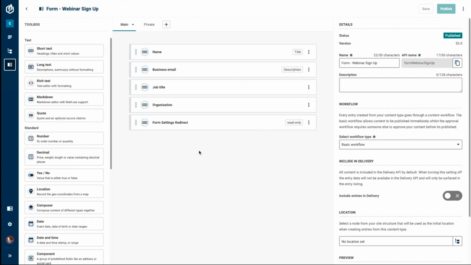So at the moment, these form content types are built as standard content types. We are working on a separate form builder screen, which will look very similar to this. It will just have slightly different options and fields. And some of that work has already started, in the sense that we've split out the text field now into short and long text, and we now have separate date and date time fields, and these will just have some